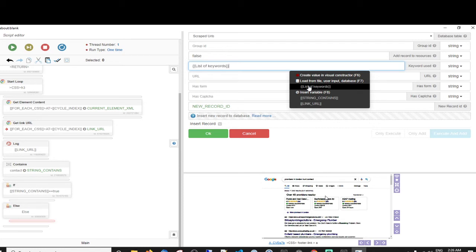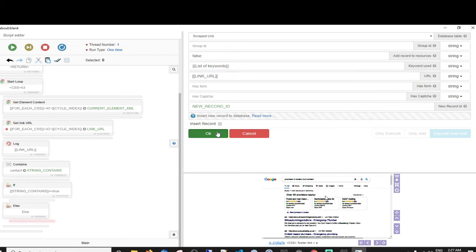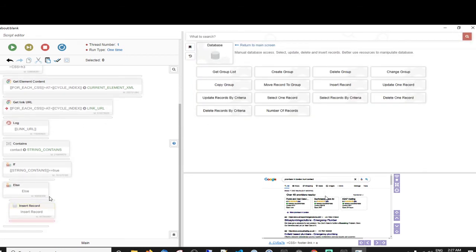List of keywords. Should really put that into a variable, but okay, we might have to do that in a minute. And then the URL, put the link URL in. Else, not there.